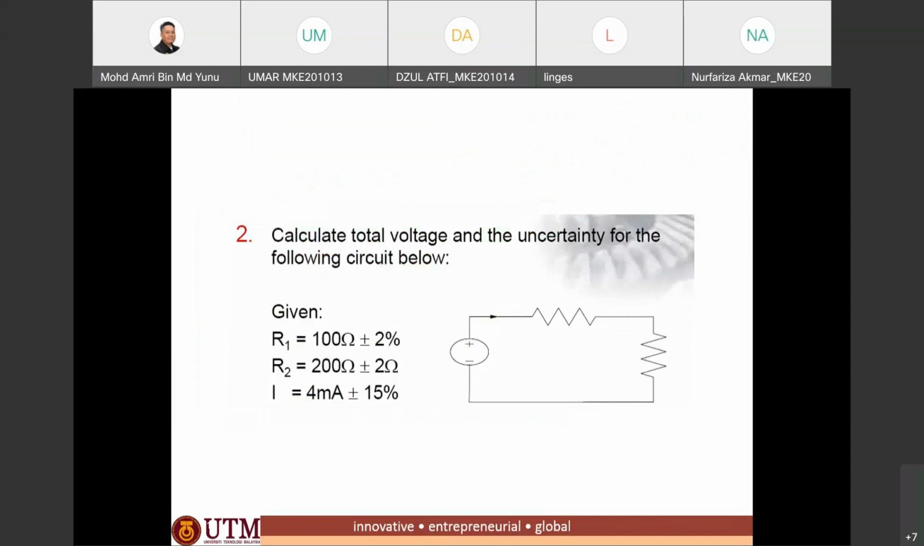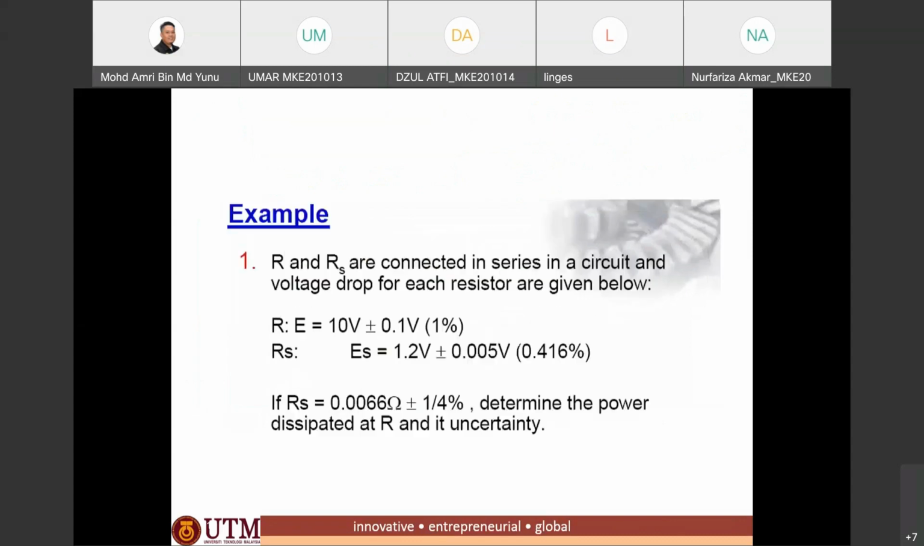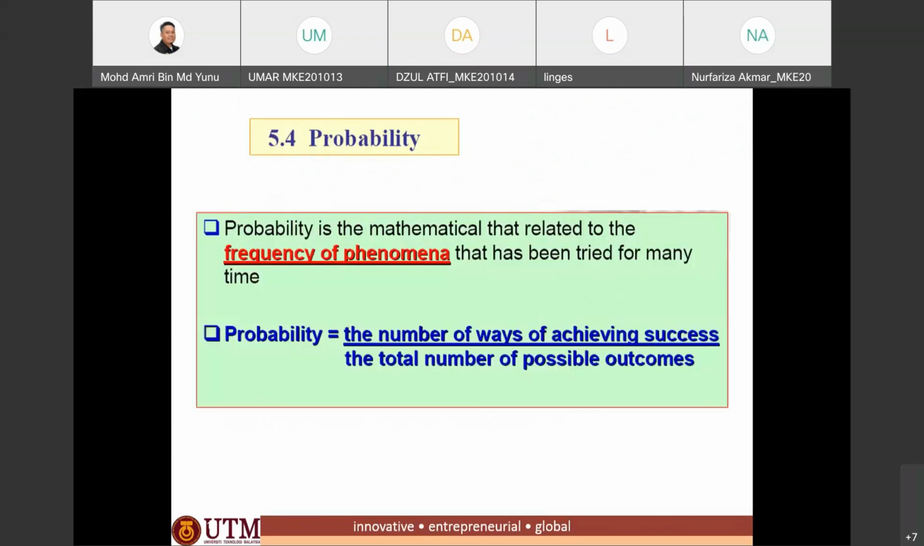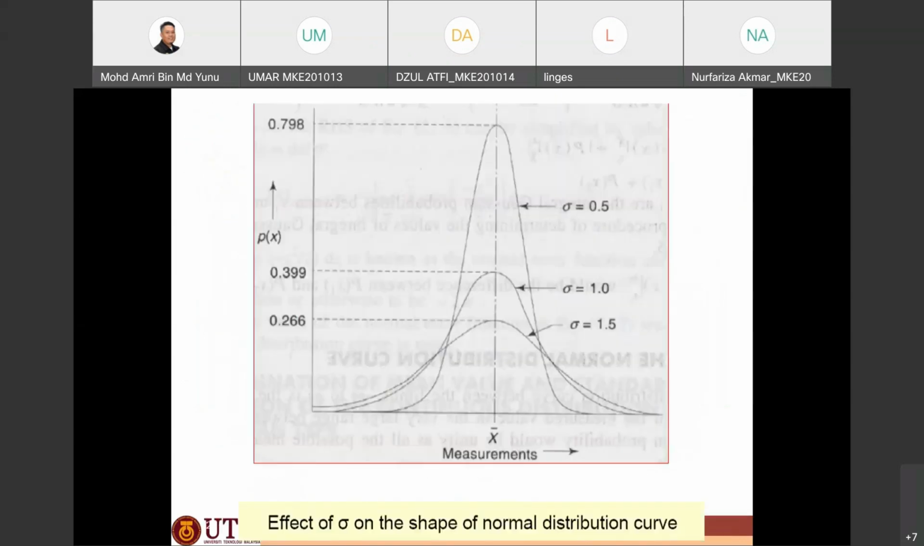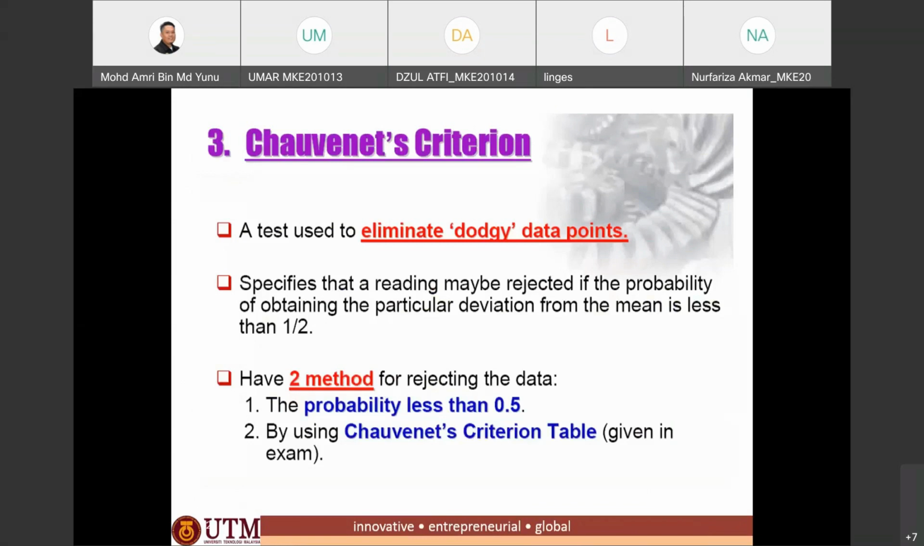This is another example. I think we will come back to this, but we need to go to the next topic, the probability. In this case, I will skip. I will not cover it. I want to skip to Chauvenet's criterion, okay, Chauvenet's criterion